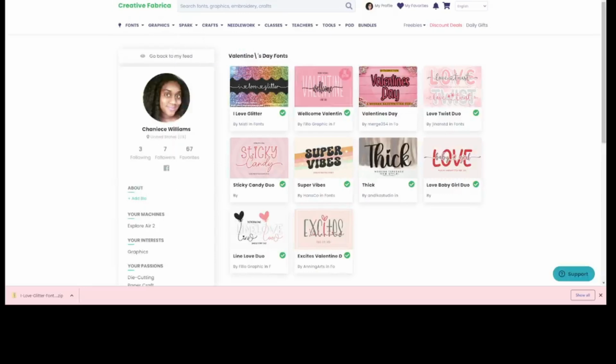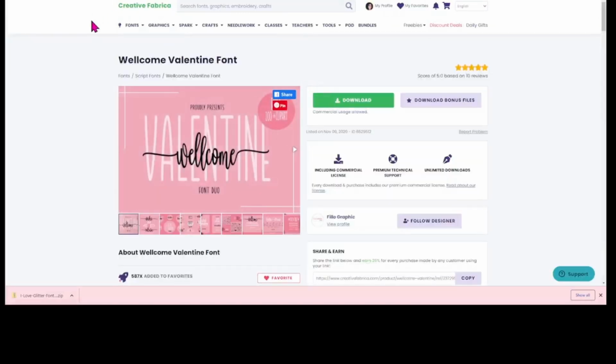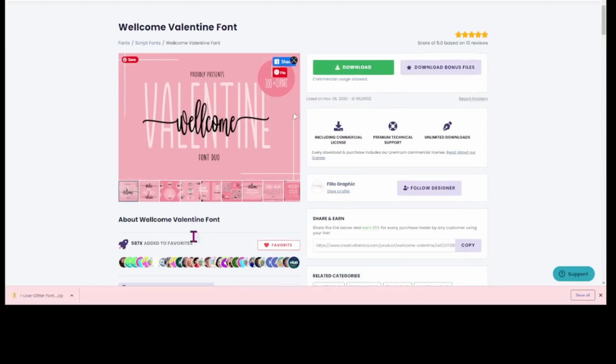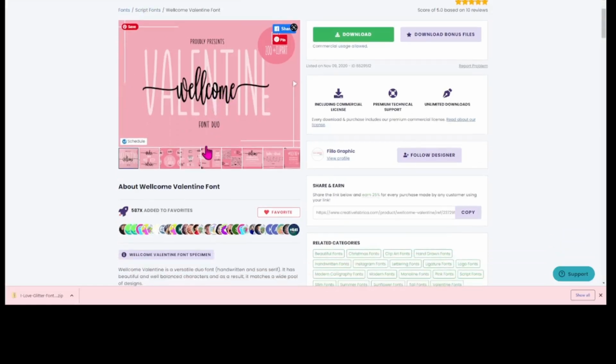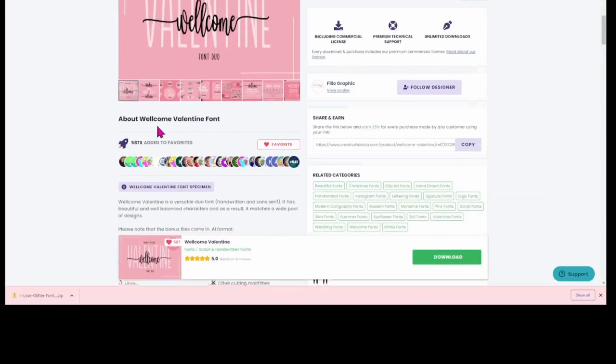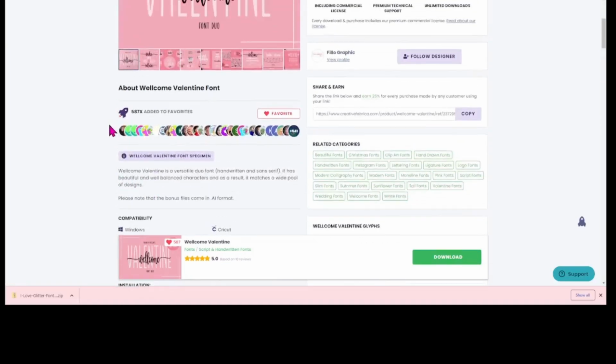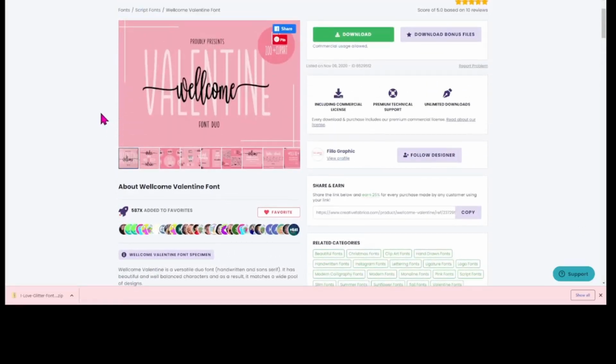Next font we have here is Welcome Valentine. What's unique about this font is it's actually a font duo, which means it comes with two different font styles. So you see here we have the cursive style, and then we have the print style or the sans serif style. A font like this is great for if you're making like a quote and you want to